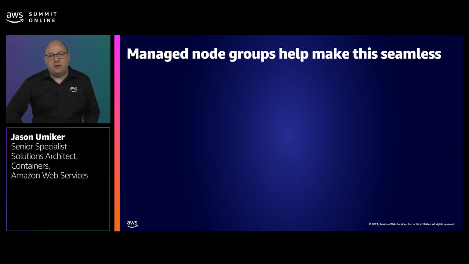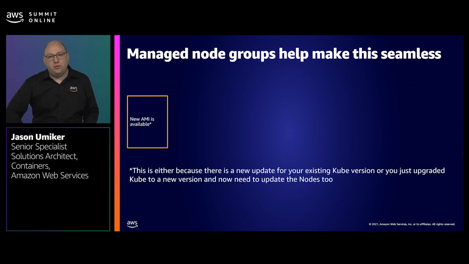We've introduced a feature to help with this process called Managed Node Groups. It has an automated and opinionated upgrade process that will alert you when a new machine image is available. This would be for one of 2 reasons. Either we've released a new AMI, or you've upgraded your Kubernetes version, and it will now offer you the latest AMI for your new version of Kubernetes so that your nodes match your control plane. You can then trigger a rolling upgrade to that AMI